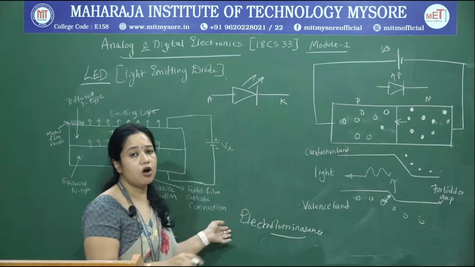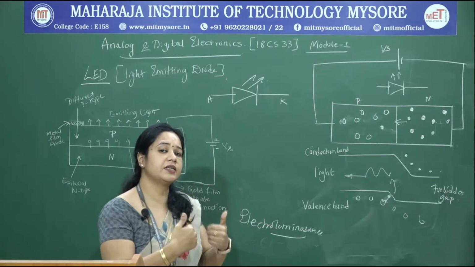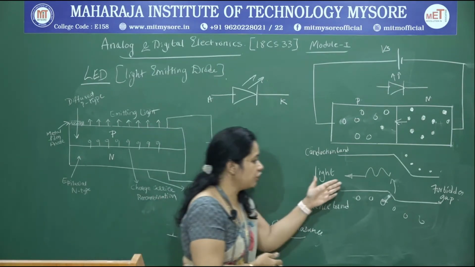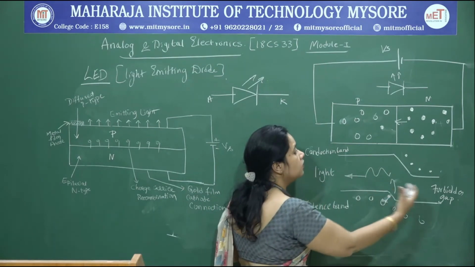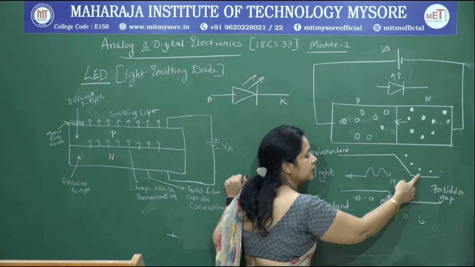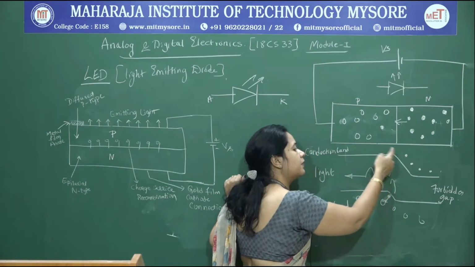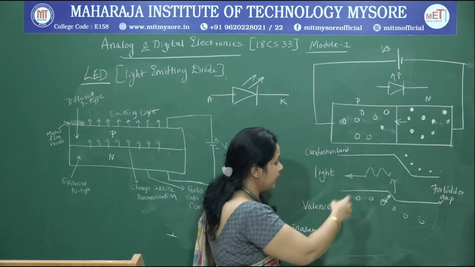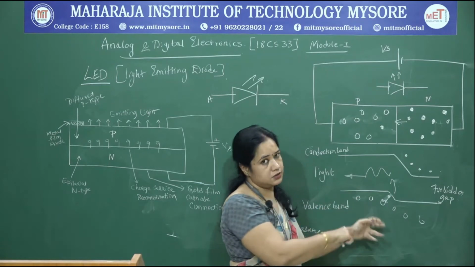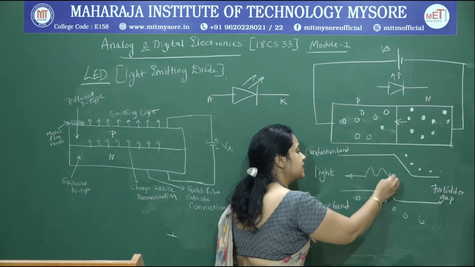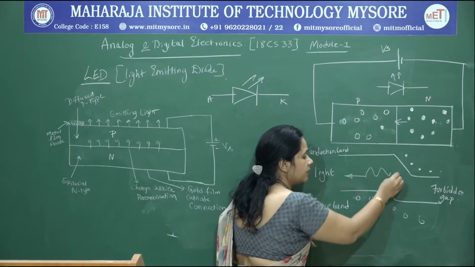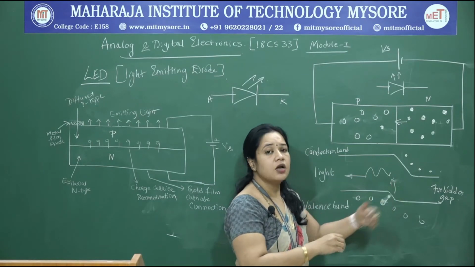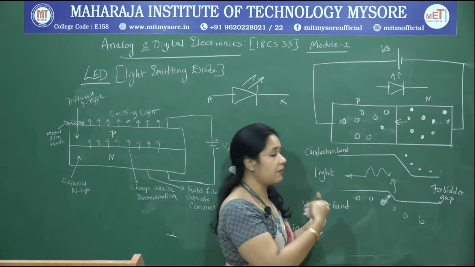So it is a property of semiconductor material wherein it starts emitting light whenever it is forward biased, due to the electron hole recombination. And if you look at this energy band diagram, when I forward bias, electrons move from the lower energy level to the upper energy level, that is, they move from the valence band to the conduction band, and holes tend to stay in the valence band. As a result, electron hole recombination takes place at the junction depletion region, and this recombination energy, when the electron and hole recombine, is emitted